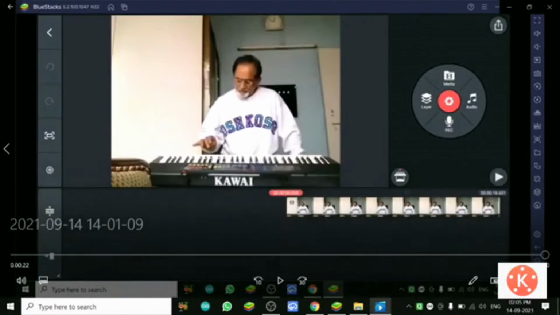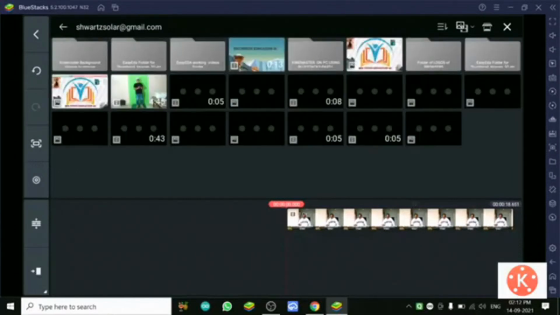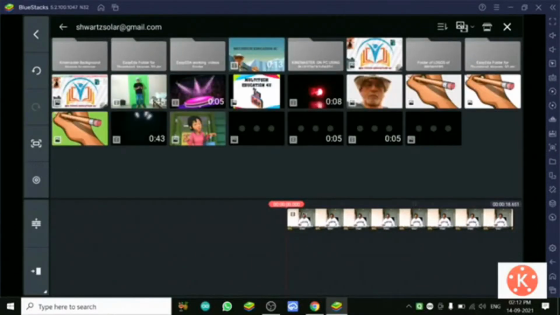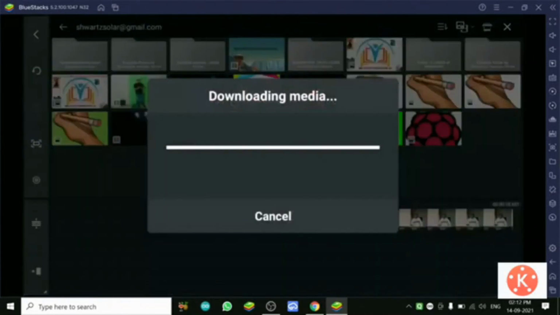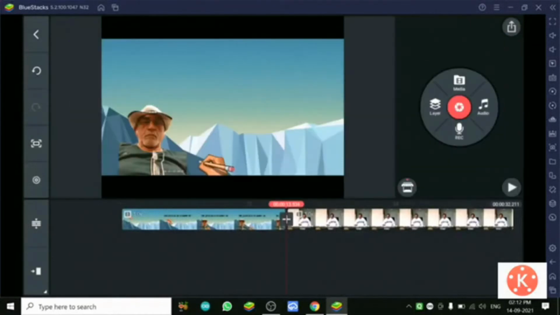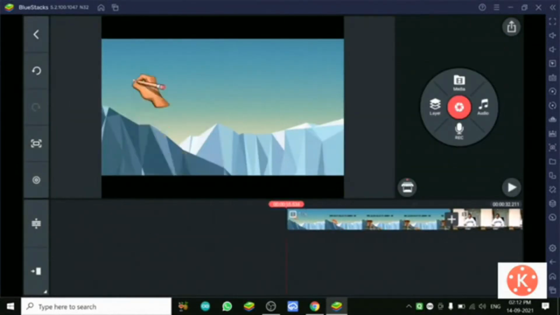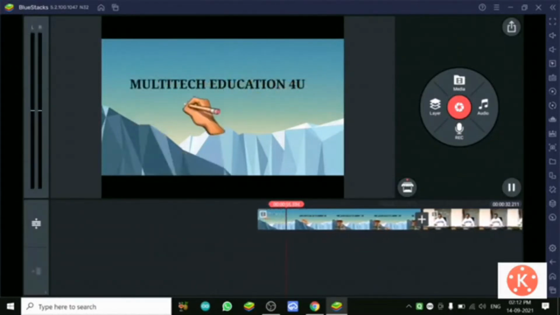So now we will select something else. We will come to our Google Drive and we will start telling you something about the rotation. Now see, already I have that clip. I can add it anytime to make my video beautiful.